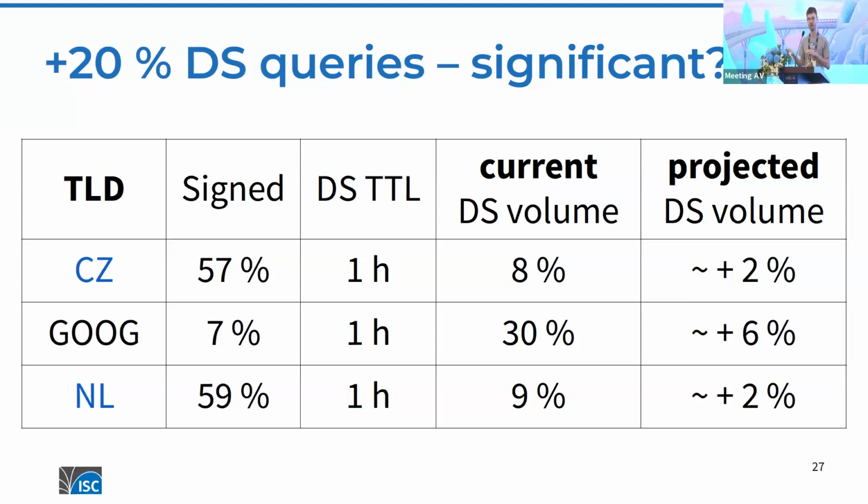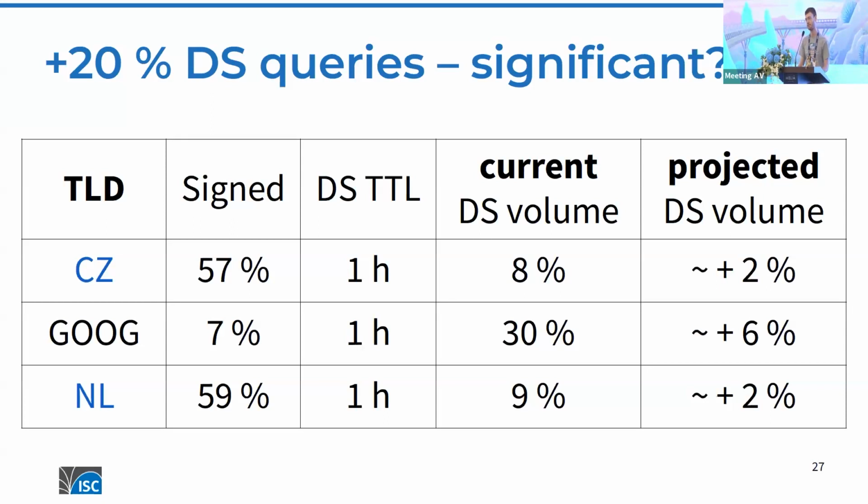And depending on the TLD, the DS query volume makes up a different part of the total. So for CZ, it's like 8% of the total volume. For the GOOC TLD operated by Google, it's for some reason about 30%. So based on that, we can project the theoretical increase if we lower the TTL on all the DS records in the TLD completely. In theory, the projected increase in total query volume would be somewhere between 2 and 6% for the